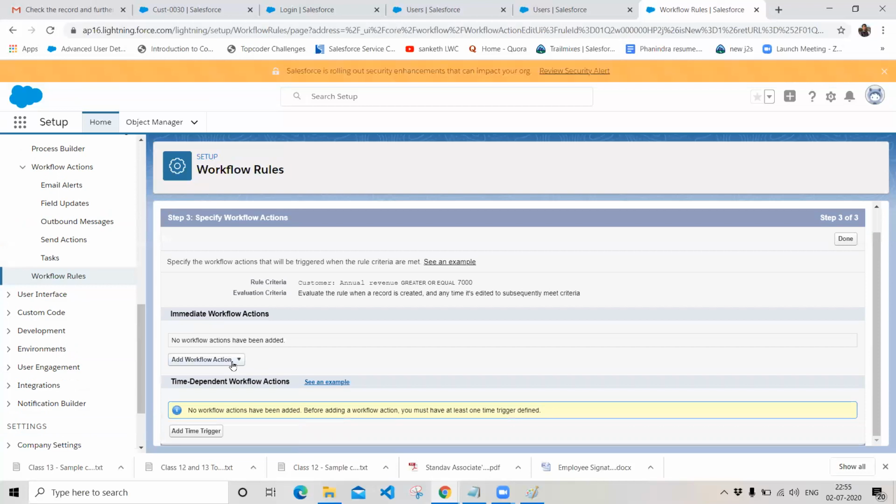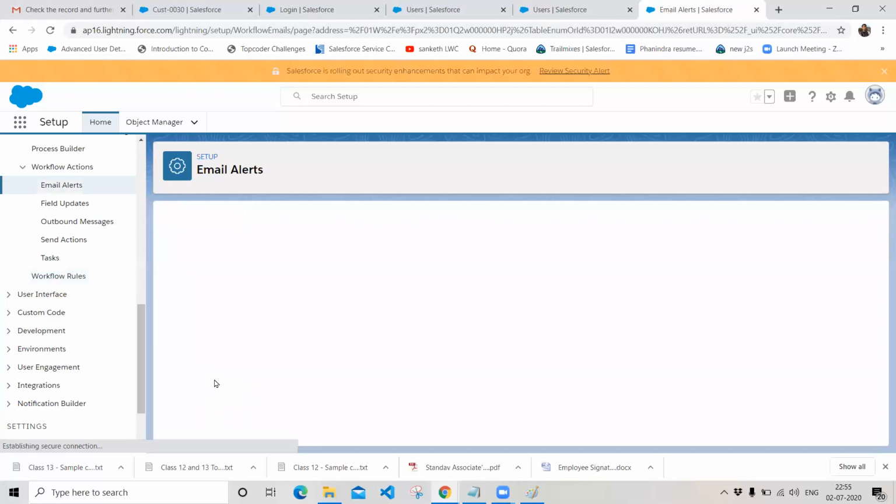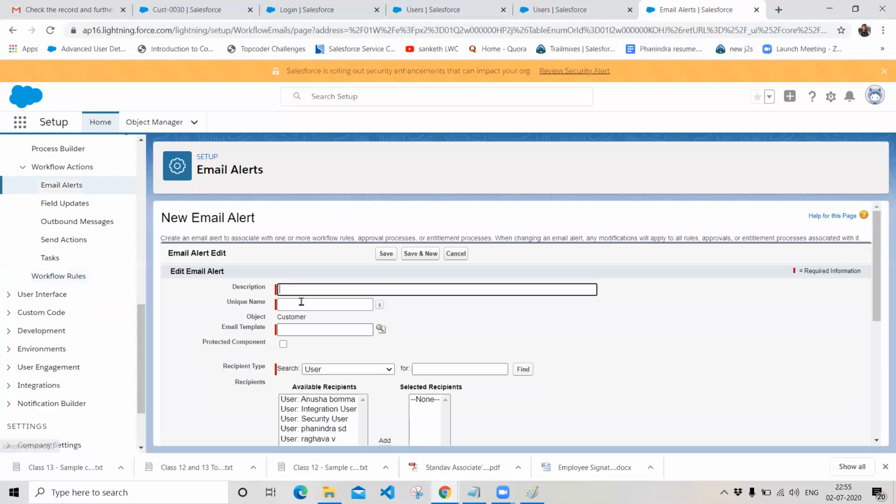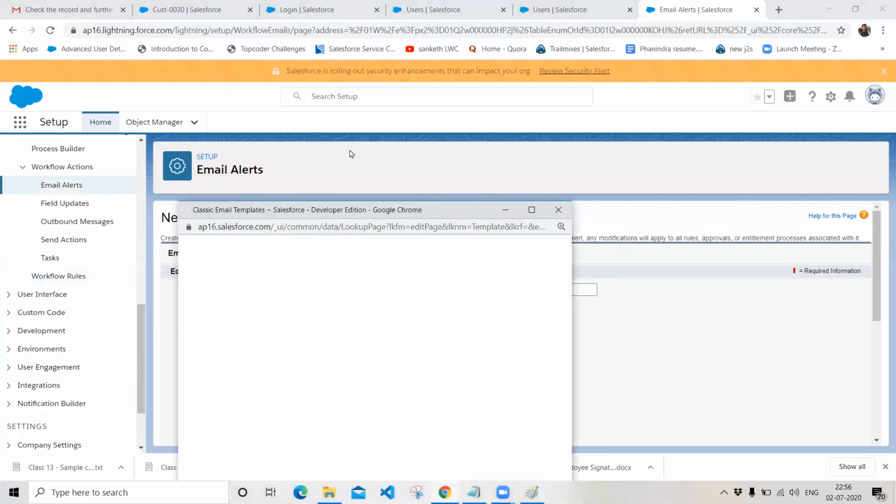And define your workflow action. I want to fire a workflow action, similarly with respect to the email alert. Let's take the email alert only. And choose the email description. Okay, choose your email template. Since we have defined our templates, right?